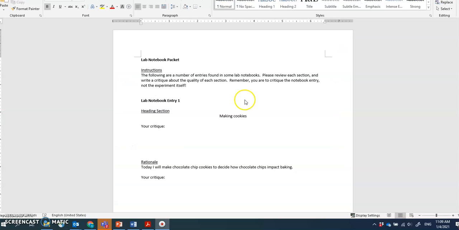Okay. If you download and open your lab notebook packet, you will see this document. Okay, so it will give you some instruction on what you need to do. So the instruction says the following: the number of entries found in somebody's lab notebook. Please review each section and write a critique about the quality of each section. Remember, you have to critique the notebook entry, not the